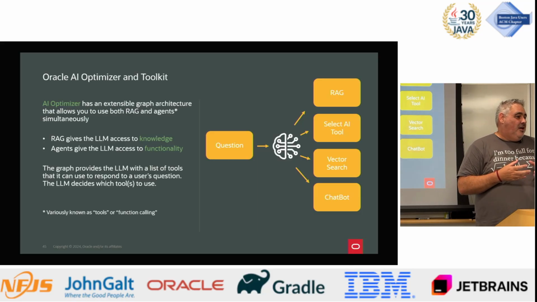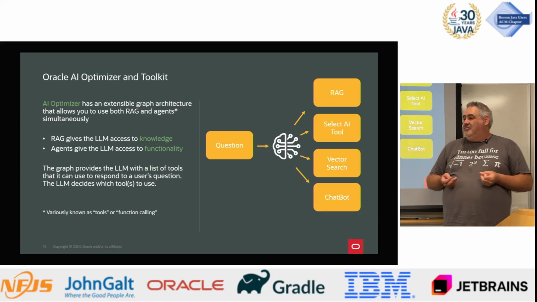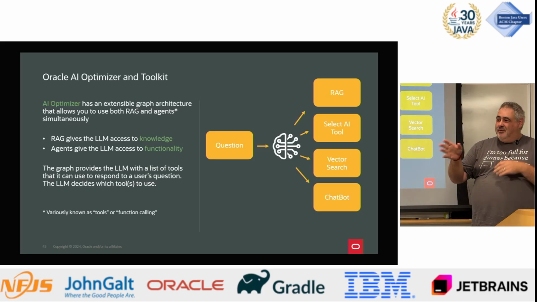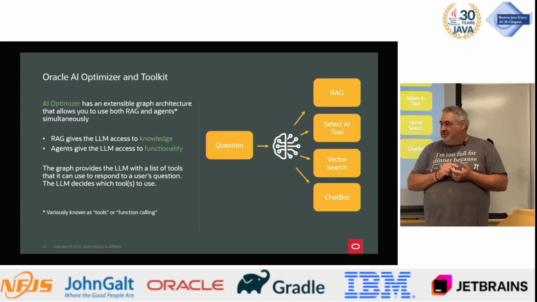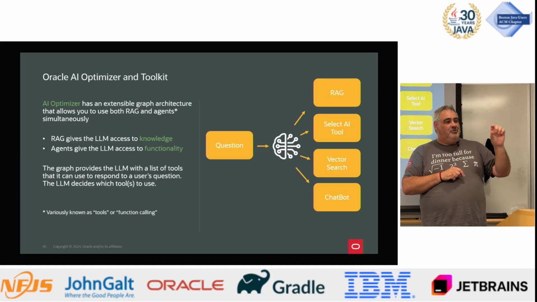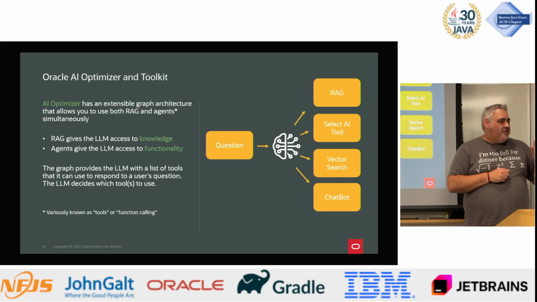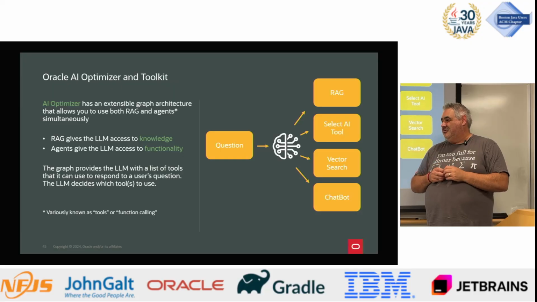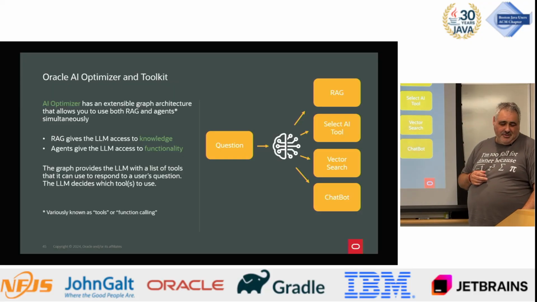So basically you give the LLM a list of these tools. Each tool describes what it can do. And the LLM decides for itself if it wants to use a tool, which one, which group of tools it can use, whatever it likes. If you've used something like Perplexity or Claude, they're very highly agentic, or they use a lot of tools. If you ask them a question, you'll see it say, I'm searching the web, or I'm searching an academic research paper archive. All these little things will pop up. You'll see it using tools to get information or do things before it actually gives you the answer to the question. So that's what that is all about.